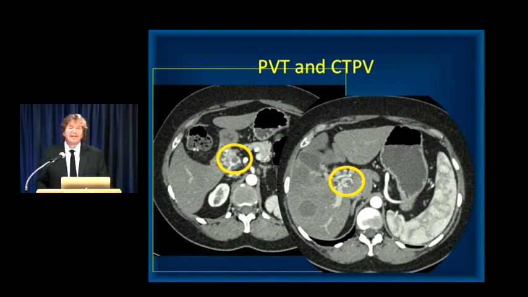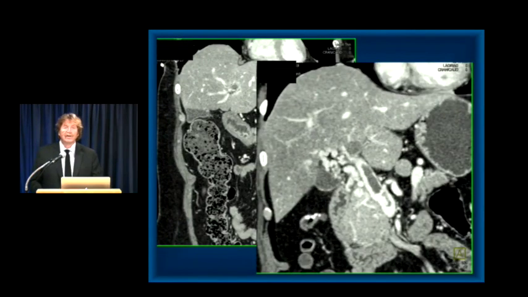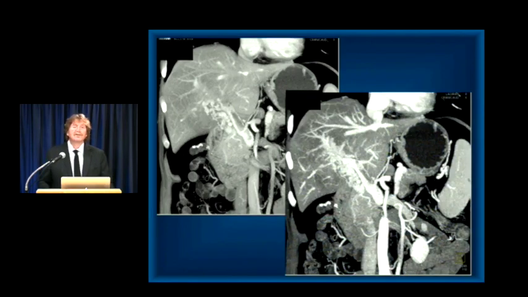If you look at this case with portal vein thrombosis, you also see cavernous transformation of the portal vein. There are multiple collaterals present, and when you start looking at the perfusion changes within the liver, you see the clotting. Coronals are very good for looking at the portal vein or SMV or their confluence, and you see multiple collaterals in the hilum of the liver, very nicely seen in this example. And you can see as I run through a series of some of the images, the collaterals around the hilum